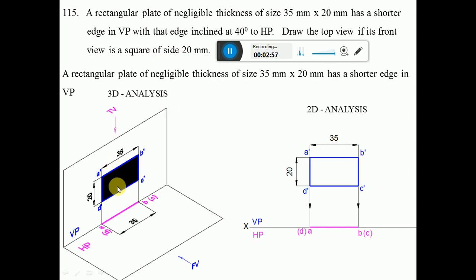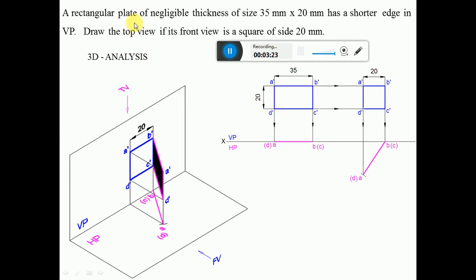So obviously the initial position has to be on the vertical plane, because once you rotate with respect to the vertical plane only, then you will get the position of the front view of 20 mm side. But since it is perpendicular to HP, we can see the inclination of the surface on the horizontal plane. Now, resting on one of the shorter edges, we draw the top and front views if a square of side 20 mm. So you can see here the